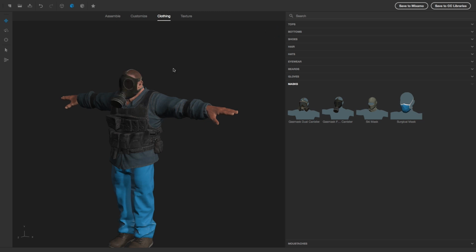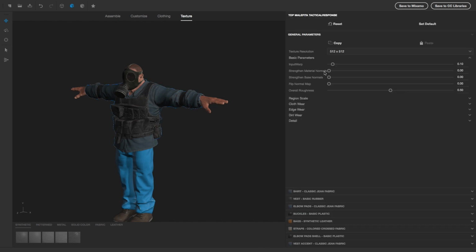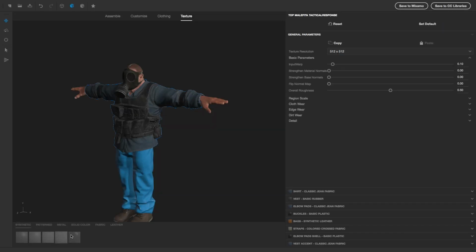You can add all this default stuff, and how these are built is all an example in this texture mode. If you click on any of these, it has similar parts and sliders, and what's nice is it's very, very thorough. Again, if you open up a 3D program, there's nothing there and you're building everything from scratch, or you're pulling assets, you can mess things up, or things project wrong or don't fit. But if we take a look at even this jacket, it's set up as what a jacket is made out of instead of texture A, B, C, D. So there's shirt, vest, buckles, and you can take any of these.